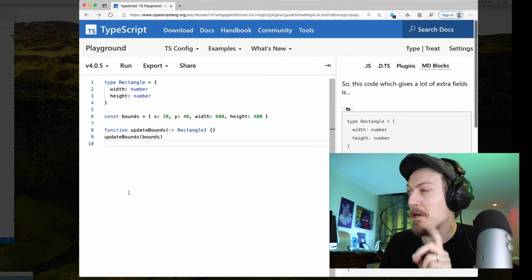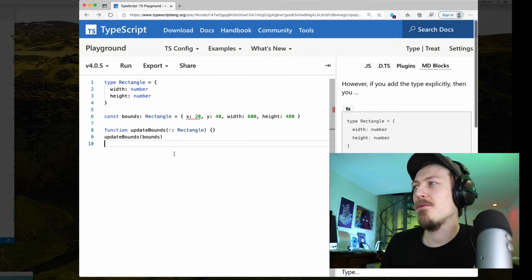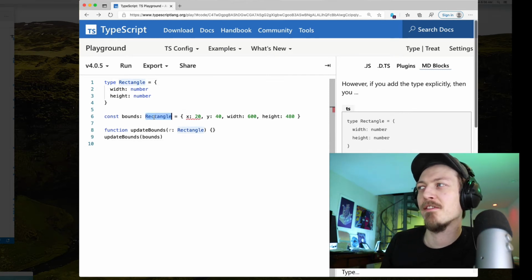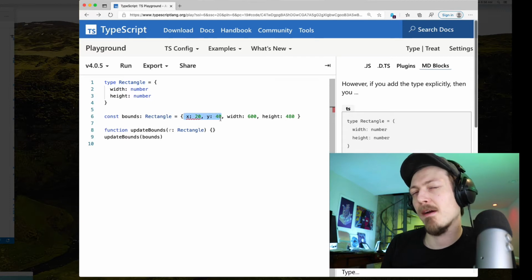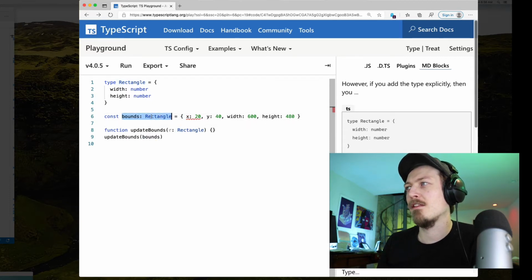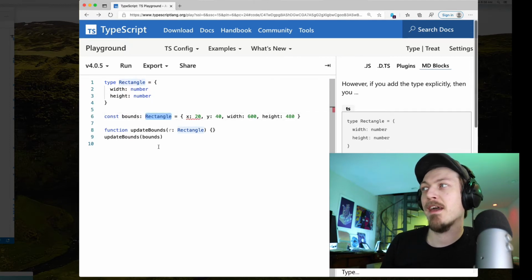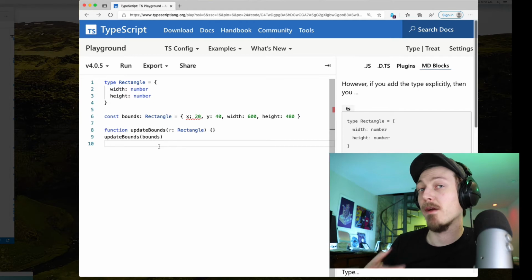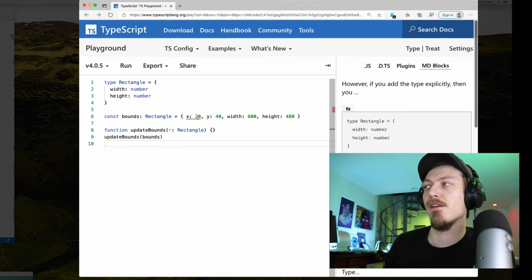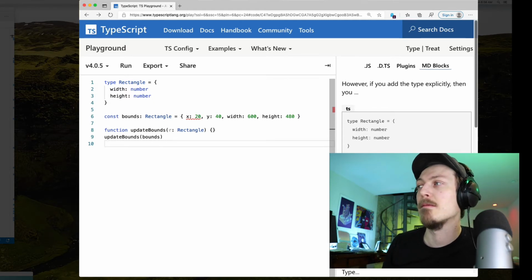But in TypeScript, depending on where you put the description, so in this case I said this bounds is a rectangle here, oops, then you actually started getting type errors. So when the code looked like this, the runtime is the exact same. But now that I added that type definition right there, it actually changes the mechanics of how TypeScript looks at something.